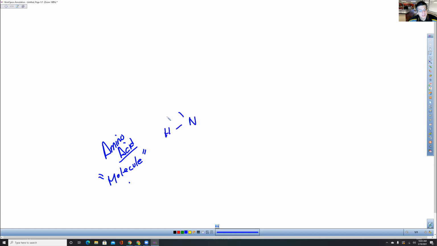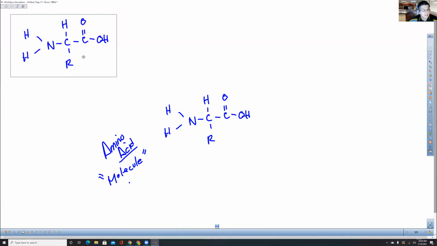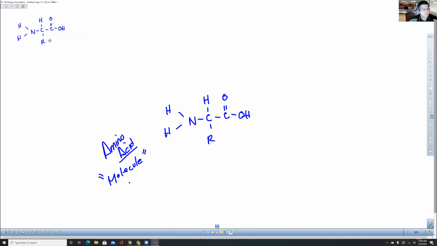All right, good. So it kind of looked like this. So that's the amino group. Okay, and then it had the R group, and then it had the carboxyl group. Okay, so now, this right here is one amino acid molecule, right? Now, remember the R group is what makes the amino acids different. And the reason why we need to understand amino acids is exactly what Ethan said. All right, Ethan, what did you say about amino acids? They're the building blocks of proteins.